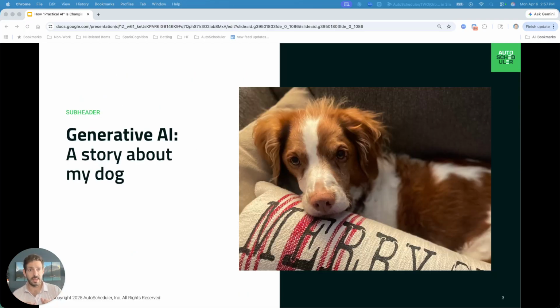This is my dog. His name is Murray. And so I've been very plugged into the space for a long time. I was one of the early users of ChatGPT from OpenAI. And one day Murray was sick at home and he was laying on the floor, and it was about 10 o'clock at night. My wife walked by and she said, "Hey, Keith, he doesn't seem to be doing well. Can you take him to the emergency vet?" And it's 10 o'clock at night. We've got kids in bed. I'm like, I think he's fine. He probably just ate something. He is just fine. So 20 minutes go by. She comes back and she's like, he still doesn't seem fine. Are you sure we shouldn't take him to the emergency vet?